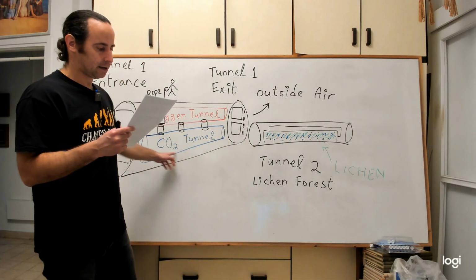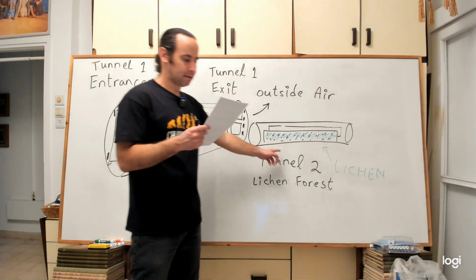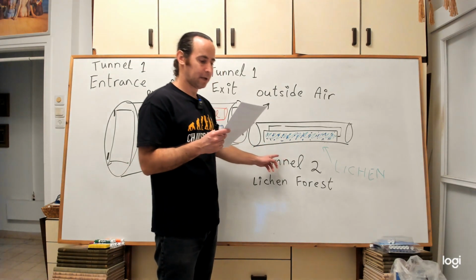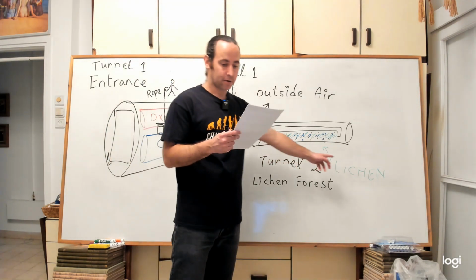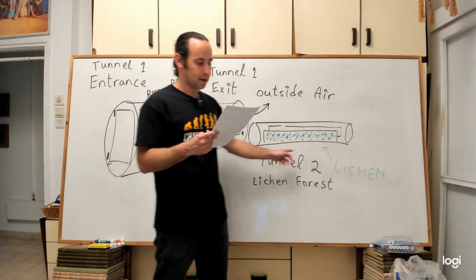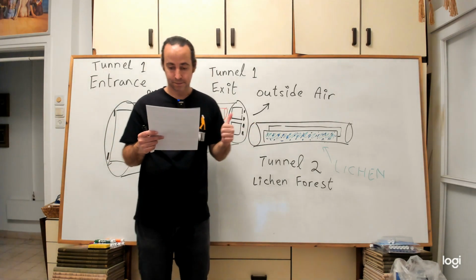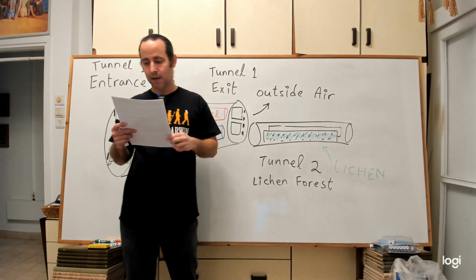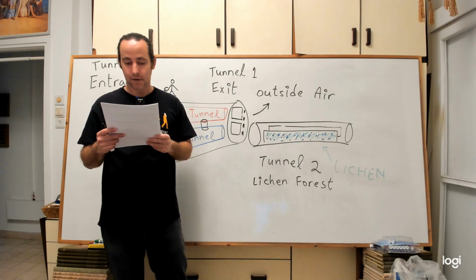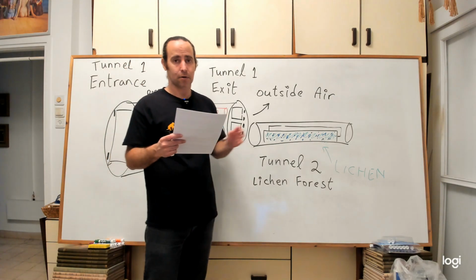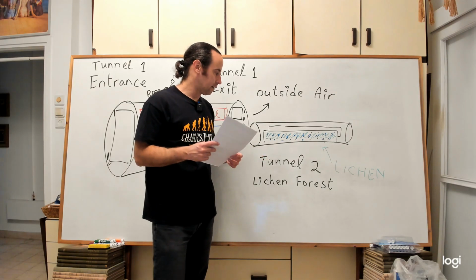The lower tunnel opens to another tunnel that we prepared, where we have lots of lichen along very long walls. Lichen is very tough and it can survive Antarctica and even space. But it needs light in order to convert CO2 to O2. Okay, so